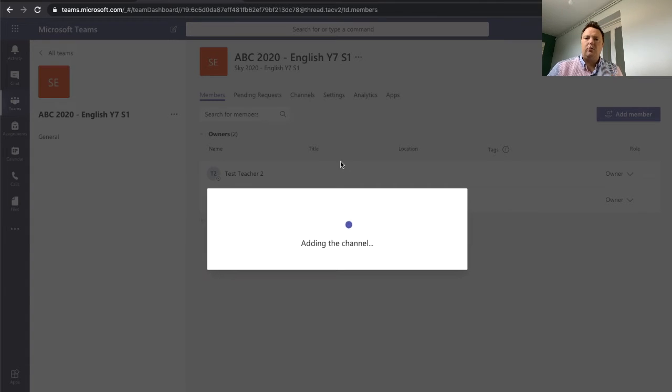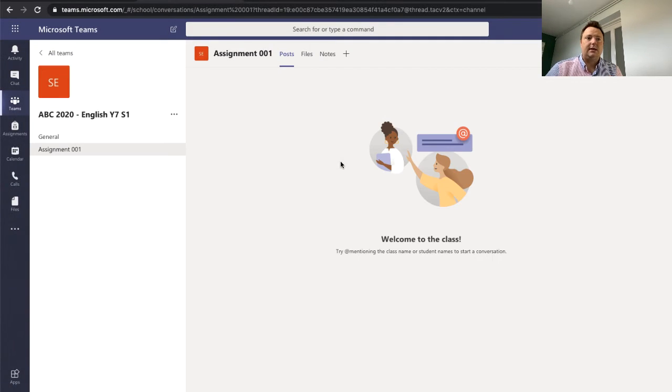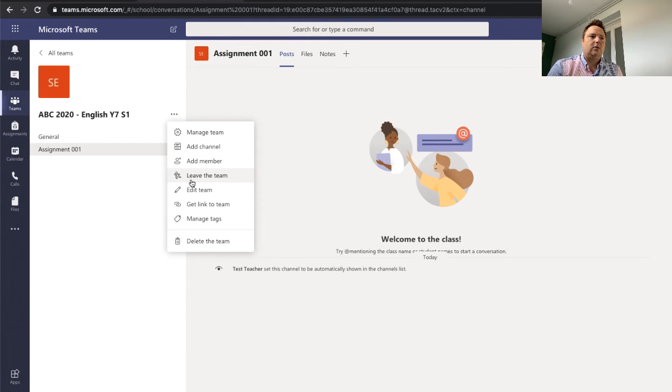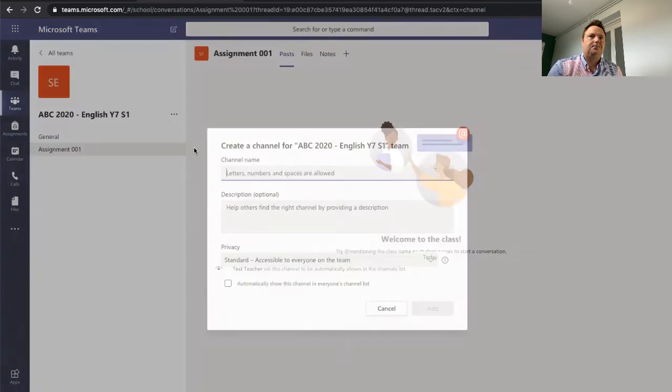So now everyone within this team will see that channel, and you'll see here you've got your posts and your files, and you can add stuff to this so that pupils and students will see this. The second way is making a private channel within this team. So we're going to click on our three little dots again, click on add channel,